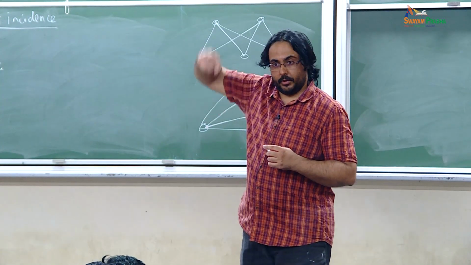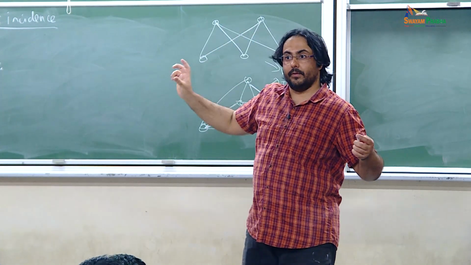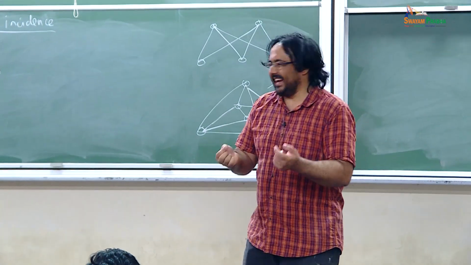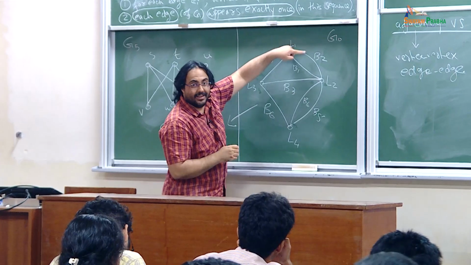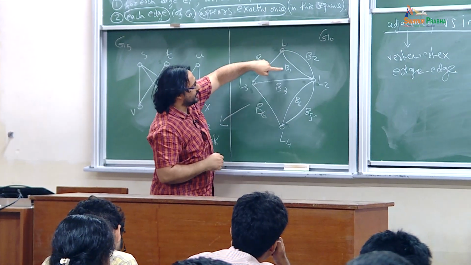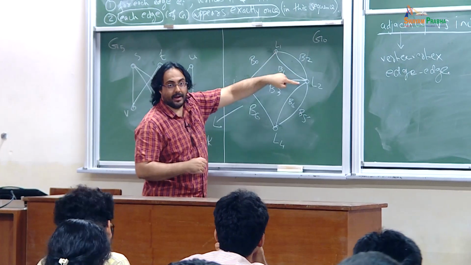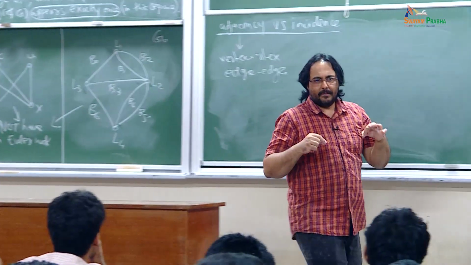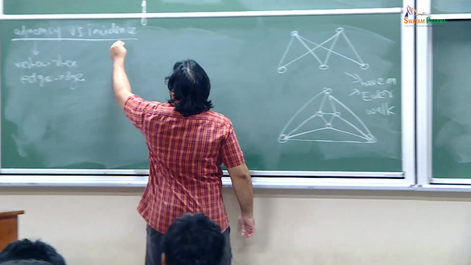WS, WT and WU. Is that correct? Yeah, I did not give labels to the edges. I am just referring to the edges using their ends. I can do that in this example because I don't have this kind of situation. Here I can't do that. Here I have to say B1 and B2. Both of them have the same ends, L1 and L2. Right? So sometimes it is helpful to give labels to the edges. Sometimes we won't give labels to the edges. Right? Okay. So for vertex and edge,